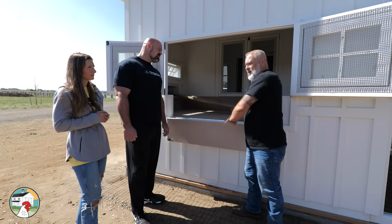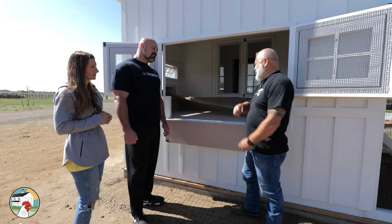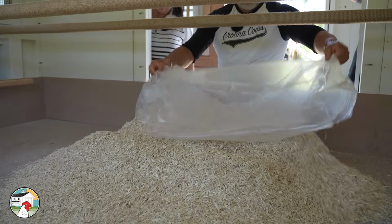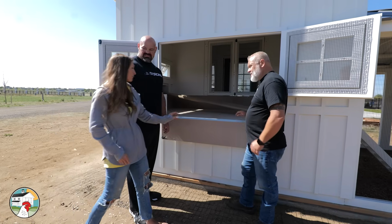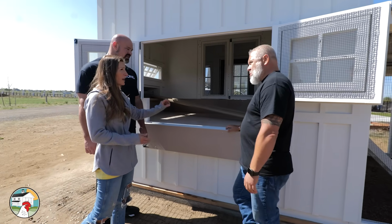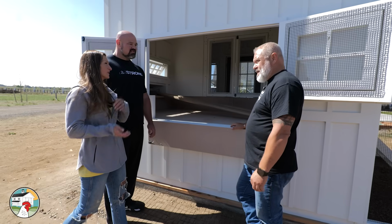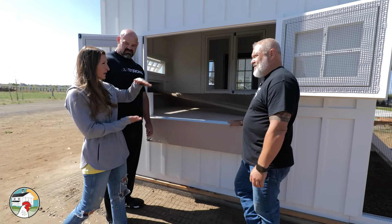What I do, I clean it all out. I take it to my other compost. I start off with another couple inches of hemp at the bottom. That's it. You're ready to go. So to say that again, we're going to start with hemp, a small amount, and then as it starts to smell, we'll put more hemp in. And as it starts to smell again, we'll put more hemp in. And that's how eventually we get